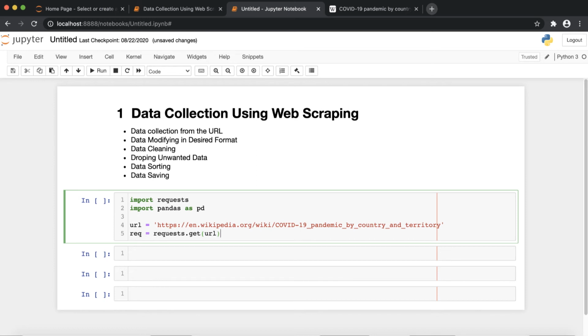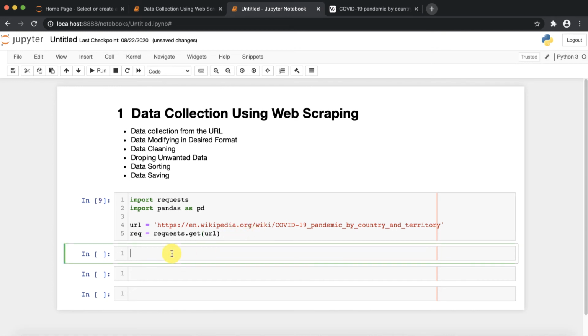So we are fetching the data from this website and storing it in this object. This requests.get method will establish the connection to the website. Now if I execute this code, it is successfully executed.